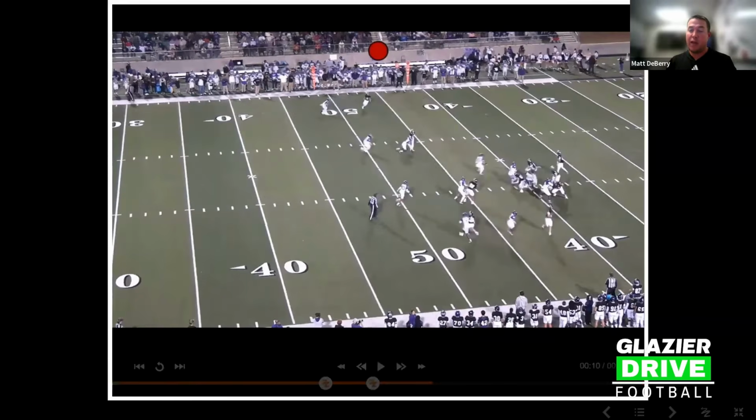You can kind of see you get a curl flat down here in the boundary, with the tailback running the shoot, and you got the 10-yard stop by our outside receiver. There's your over the ball. And then over here,